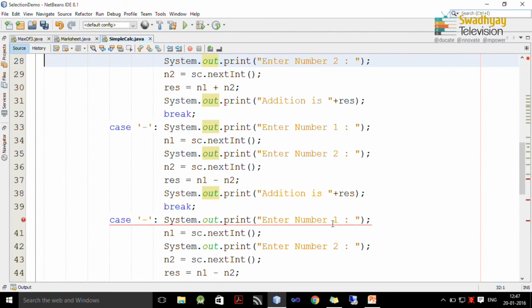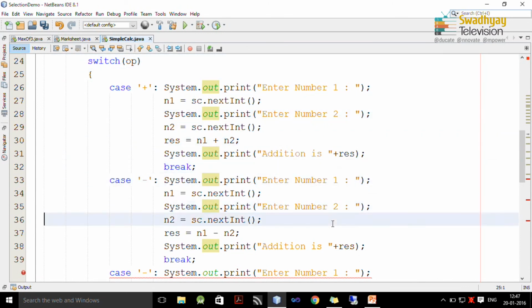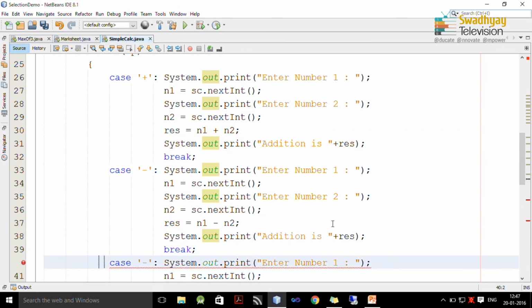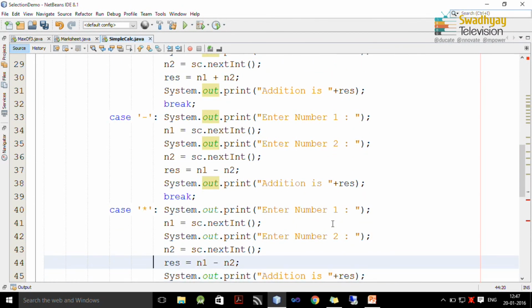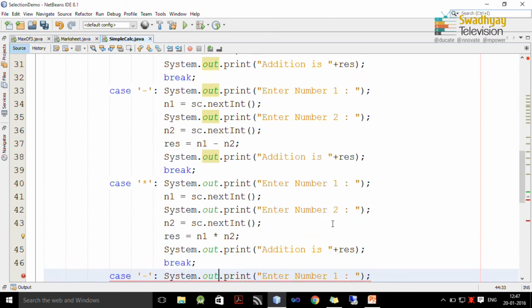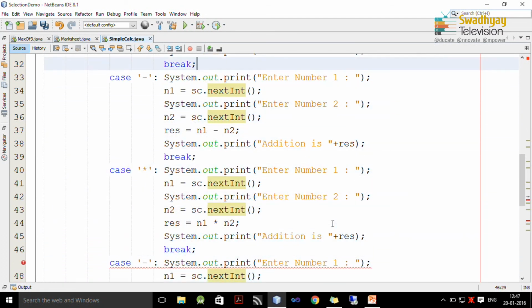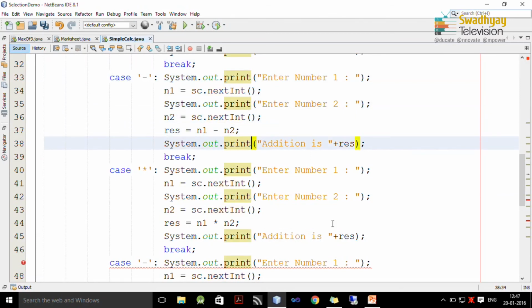So, you can see all cases are similar, but only change is in operation. So, here I use asterisk, and here we perform multiplication of two number in result, and you have to also change this print value which is a subtraction in this case,